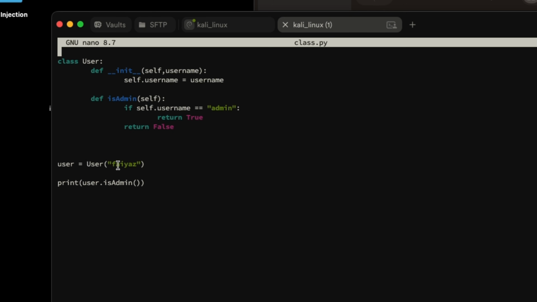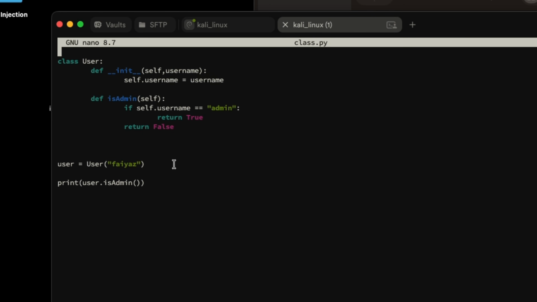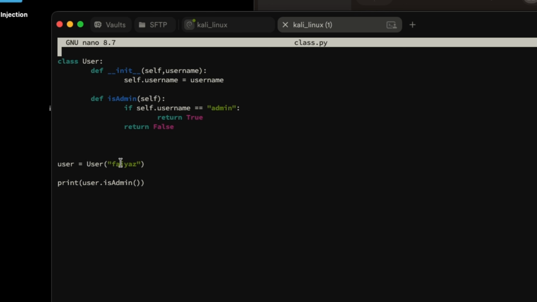And then you can see that I have initialized the username as Fayaz, because as you can see, it accepts a username. Once you have created this user, this particular code gets executed, and it saves our username into this variable. Then I'm trying to see whether this user is an admin or not. As we can see, this username is not equal to admin, so it's going to return